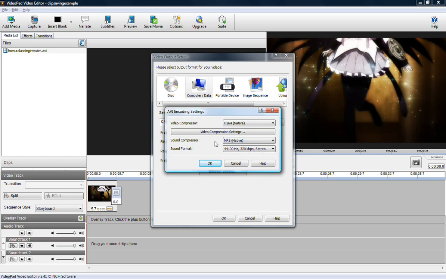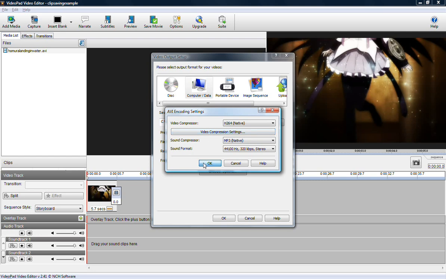However, if you know what you're doing with video encoding, then by all means you can tweak this, or if you just feel like experimenting and trying to get a better file size or video quality, then you can experiment with them. You'll also notice the visual compression settings here. These depend on what codecs and what players you have installed on your computer, so I'm not going to really get into this because everybody's is going to be way too different.